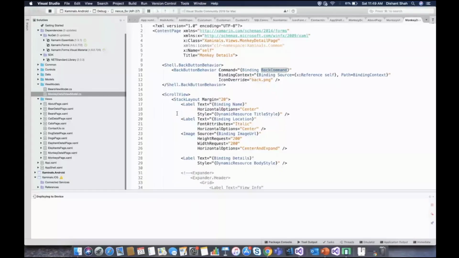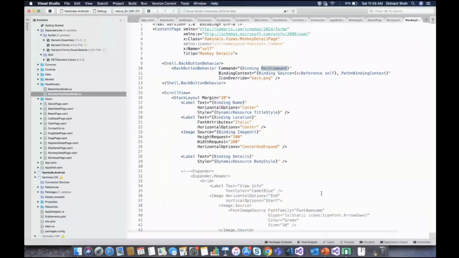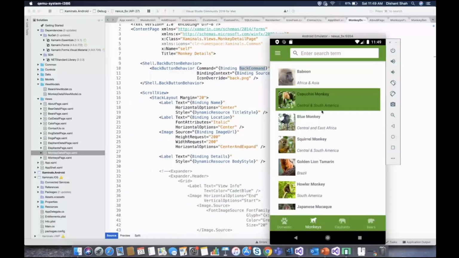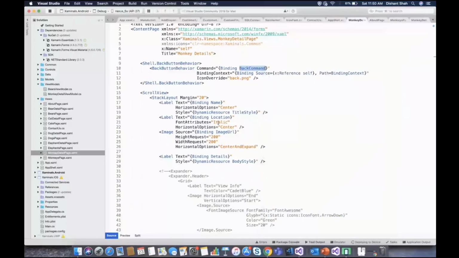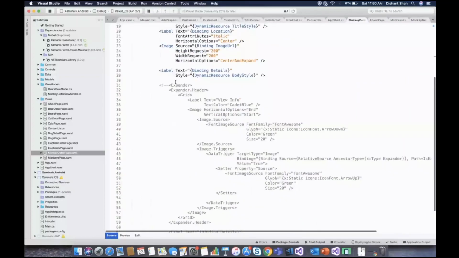So right now you can see that. Let me click again. You can see that there is this text here. So let's put this text in the expander control, and let's see how it goes. So let me comment this label. If I don't want this label, I will put that label in the expander control. So I have this expander control. Let me just uncomment this first.